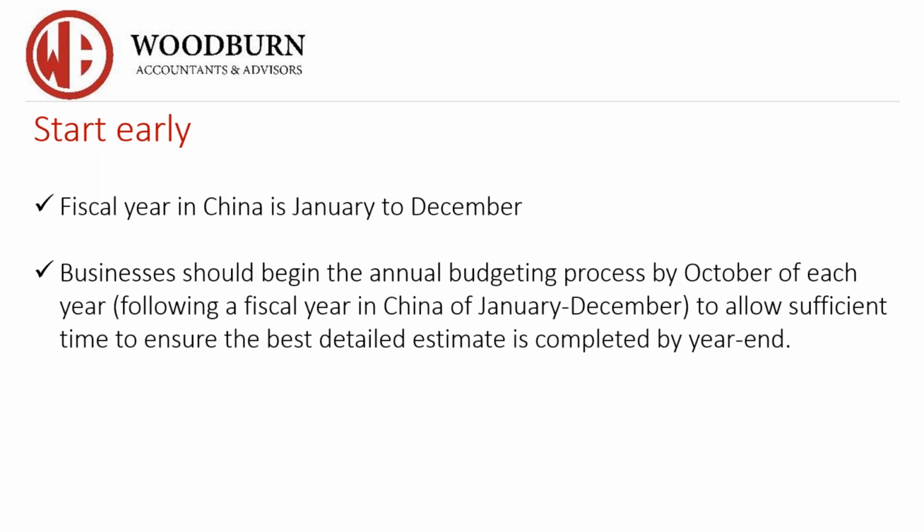And then start early. So for all of you to understand, in China, the fiscal year is January to December, okay? So if you guys are looking right now to establish your businesses, we are in November. And if you start tomorrow with your company and corporation, probably right after Chinese New Year, so end of February, everything will be established. So you're thinking about starting your operation 1st of March. So your budget should really be from 1st of March to 31st of December.